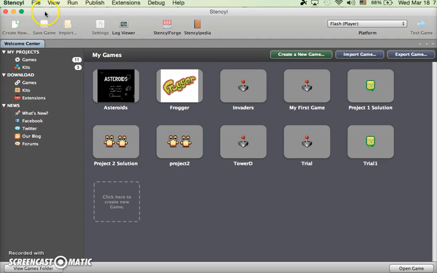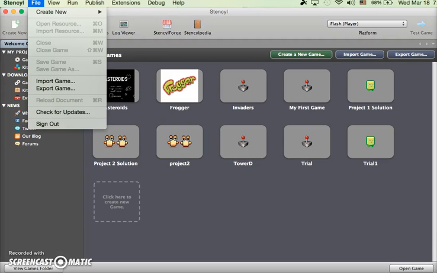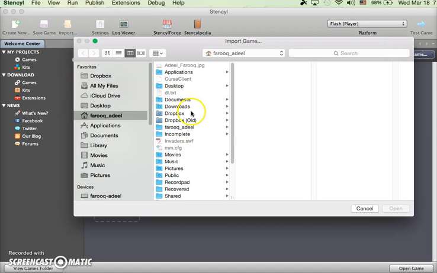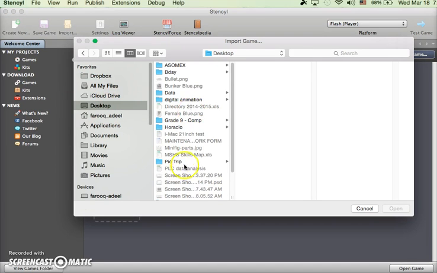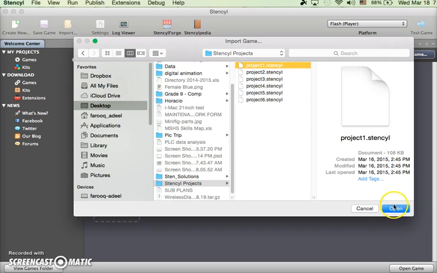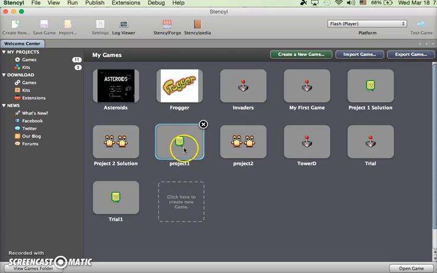You're going to bring in the game I asked you to download from the email. So you're going to go to File, Import Game, and then on your desktop, you should have Project 1 Stencyl, and you're going to open it. And it should look like this. Make sure you open it from your desktop and not from downloads, if not, it's not going to work. Once you've double-clicked on it,